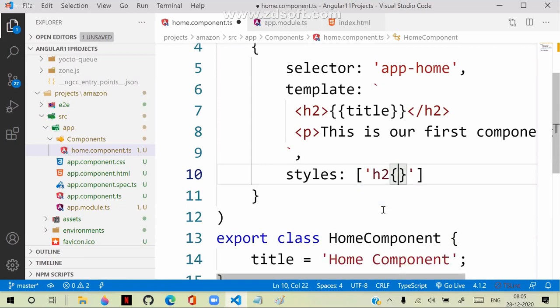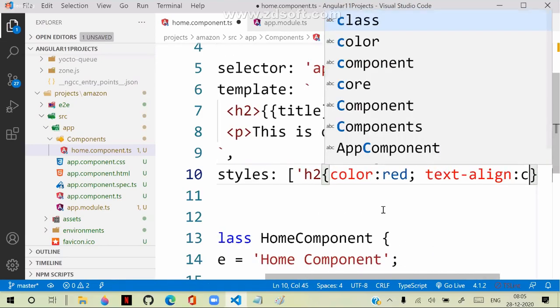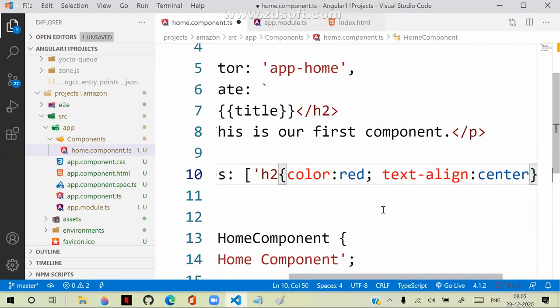So for heading 2, I will put color as red, and text-align. Semicolon, multiple styles means you have to separate with a semicolon, and text-align as center, like this. This is one set. This is for the heading. I configured a style for the heading.